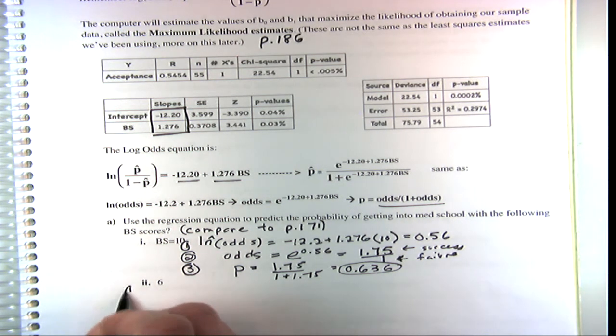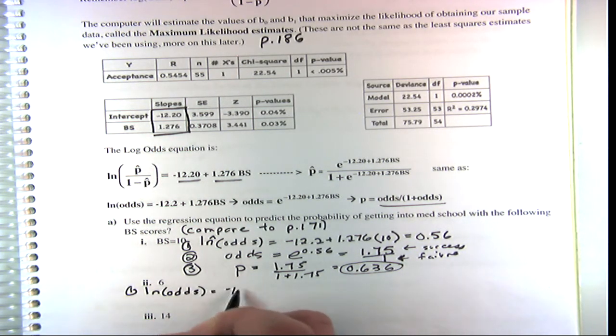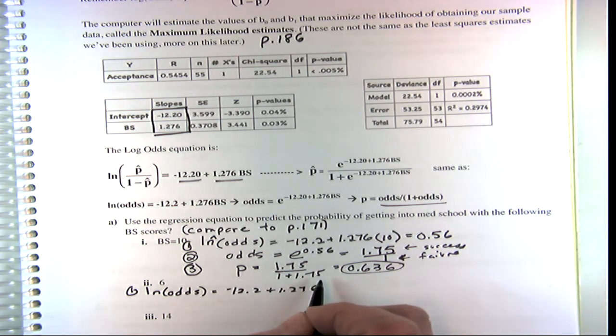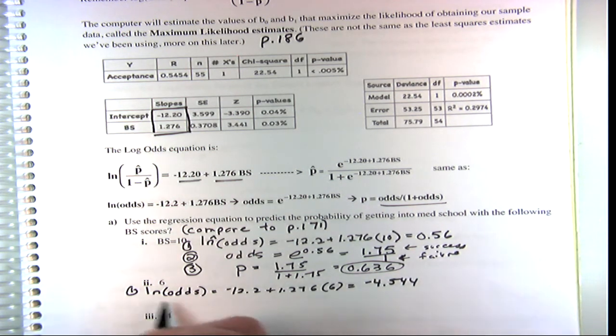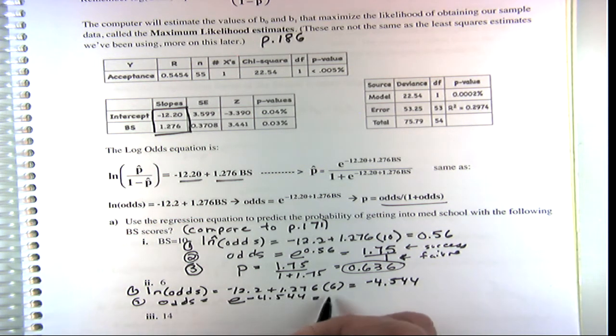So here, for the first one, we'll just say the predicted log odds here, and we'll say negative 12.2 plus 1.276, and this time it's going to be times 6. And what do you think we're going to get? We're going to get certainly something less than 1, so our log odds is going to be less than 0. So you get a negative number, right? And then our odds will be less than 1, and our probability will be less than 50%. So the odds is equal to e to the negative 4.544, which is